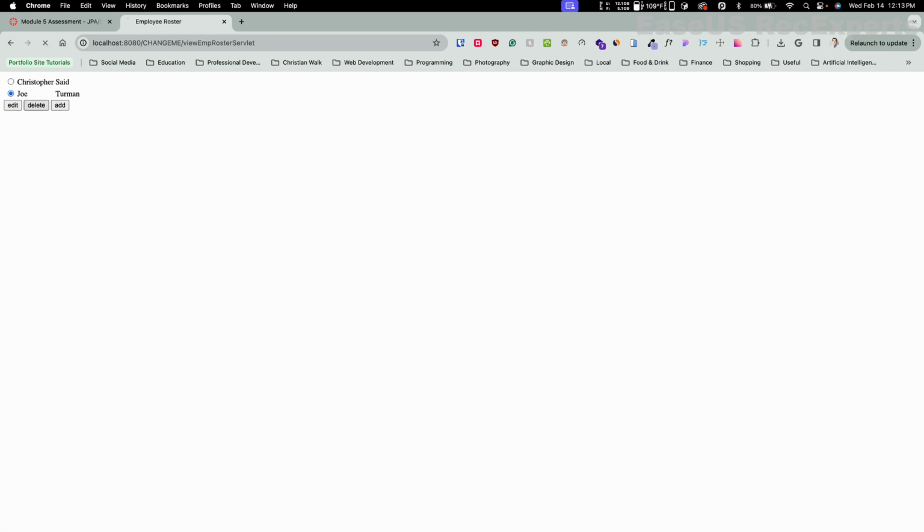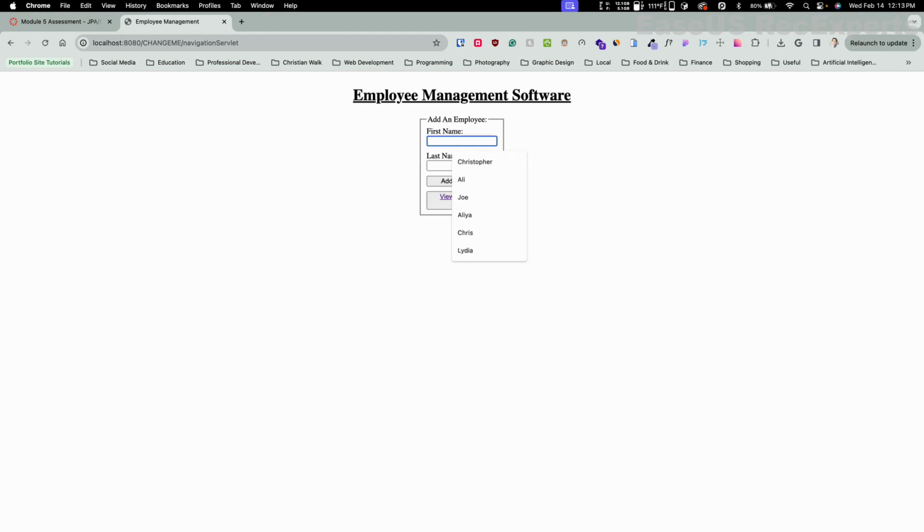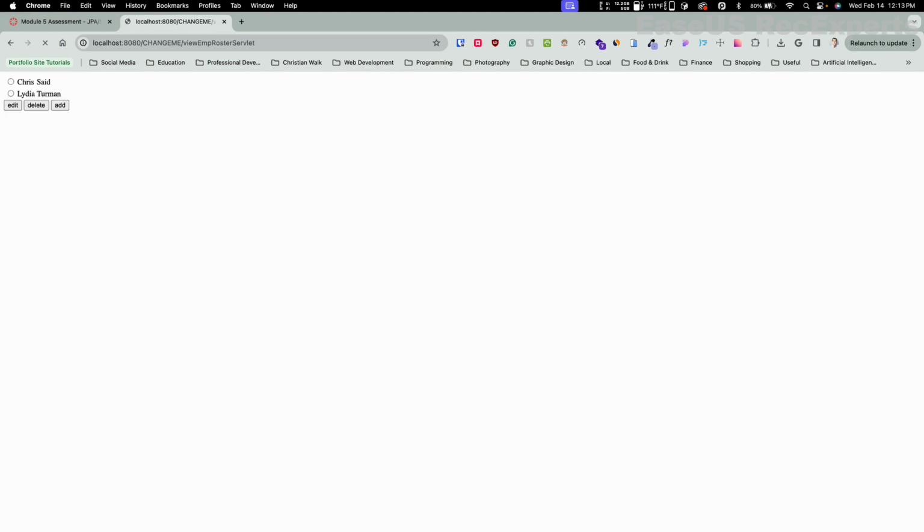Maybe I want to delete an employee. I can do that, see it work. I can edit an employee. Maybe I want to make my name a little less formal there. Save changes, and you can see that it works. And the addition, again, if I want to hire someone else, I can see that that works very well. So that is the project in